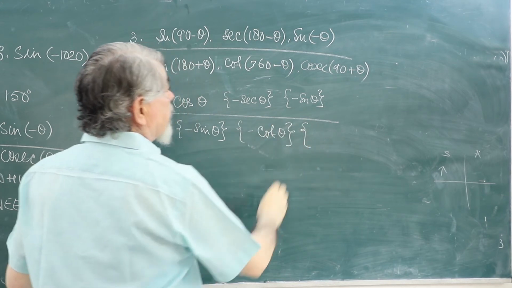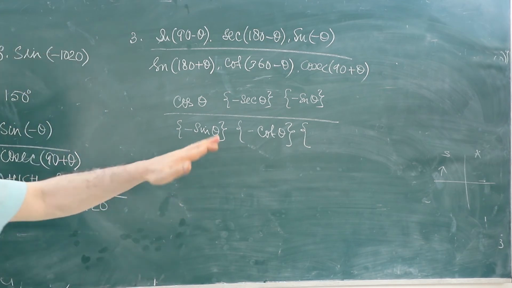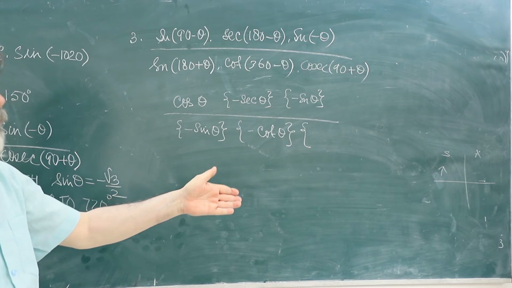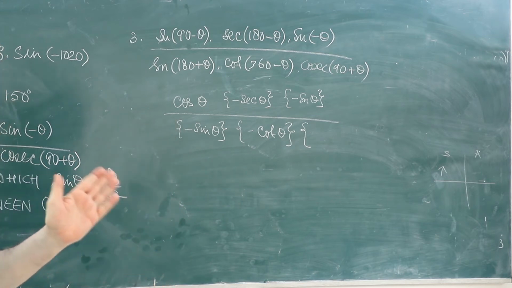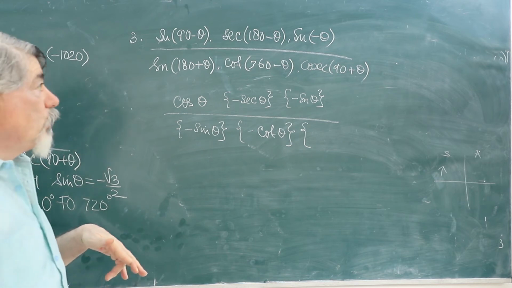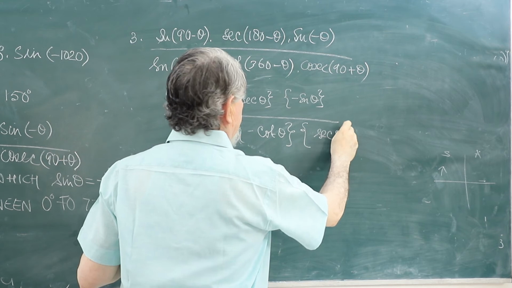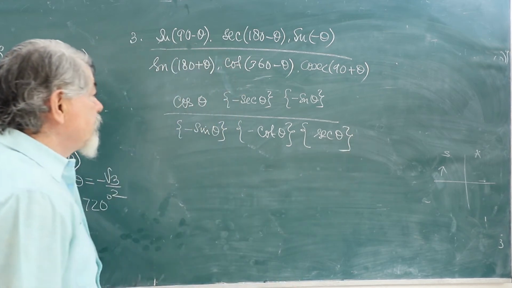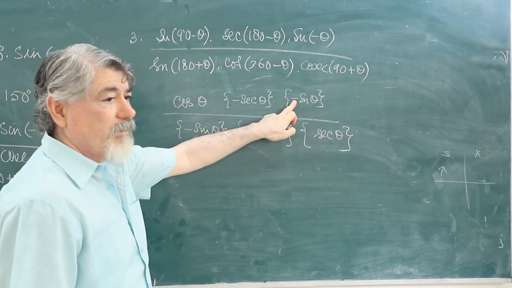And then cosec 90 plus theta. Cosec 90 plus theta, because it is coming into the second quadrant. In the second quadrant, sine and cosec are positive, but cosec will change into what? Sec, and it will remain positive. Sec theta. Now let us see what we can cancel, because you can see minus and minus,